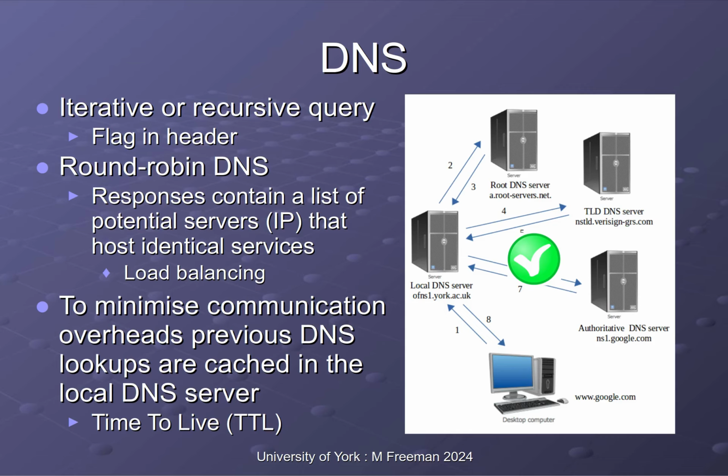So for example, when your local DNS server requests from the root server a top-level DNS server that can provide .com information, it will respond back with a list of various DNS servers that could answer that question. But the top level response will change every time you make a request. So it will cycle through a set of possible .com DNS servers for you. So you're not always hitting the same server every time. It spreads the load across a pool of DNS servers. And again, we'll see that in the lab when we use Dig on the lab PCs that are connected to